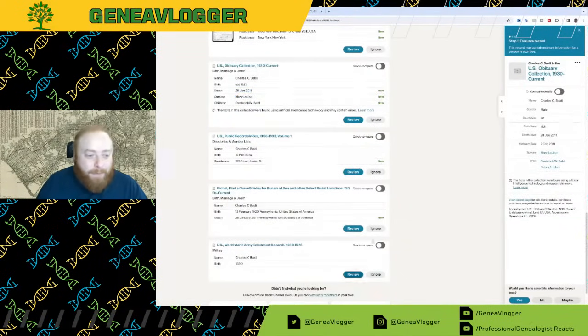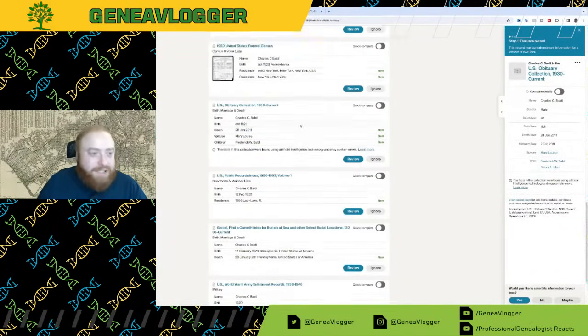Okay. So based on the correlation, even though we can't see the obituary, this seems to be right. But one problem I have with this index on Ancestry is I often find children indexed on these will be indexed improperly, like the spouses, the children.